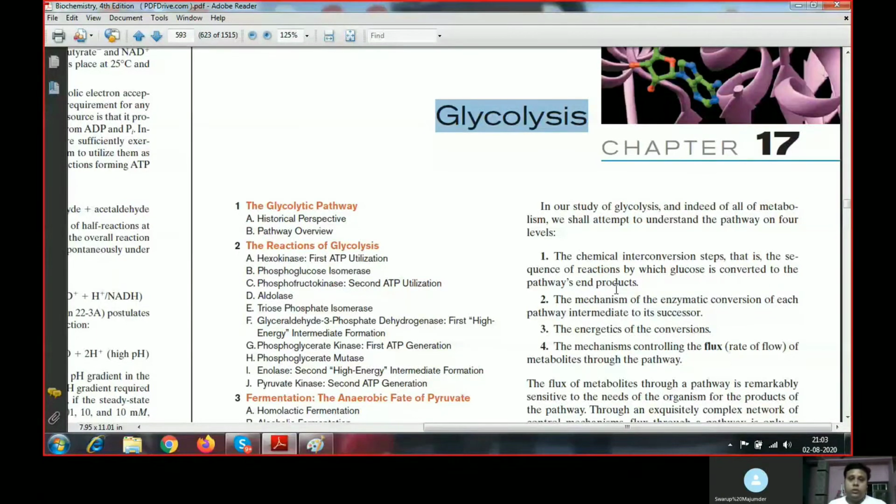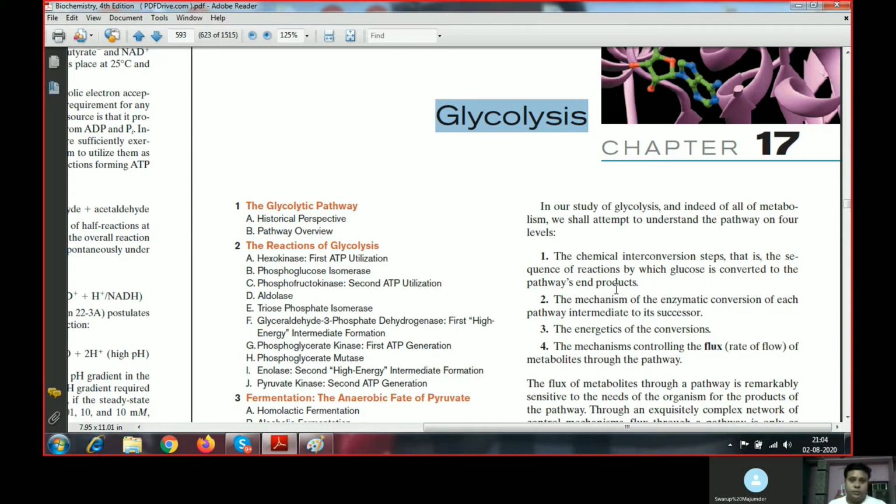In this video tutorial, we are going to describe the introductory part of the glycolytic pathway and the different phases of the pyruvate. So let's begin. What is glycolysis? Glycolysis is a 10-step enzyme catalyzed reaction where glucose is getting converted to pyruvate with the concomitant